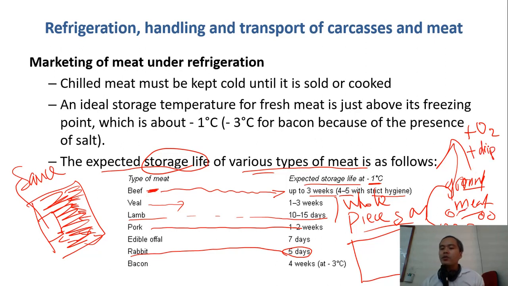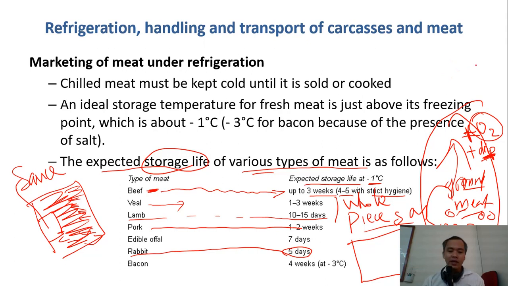What is drip? Drip means the liquids inside the meat which are released out. When you grind the meat, drip has nutrients for microorganisms to grow. Oxygen provides for aerobic microorganisms to grow, and chemical reactions like oxidation occur. So the more you grind or chop the meat, the shorter the